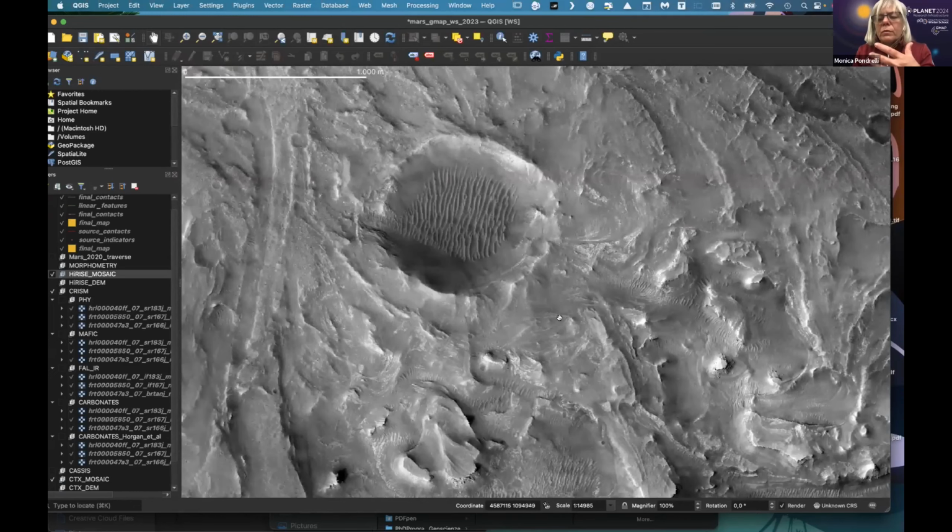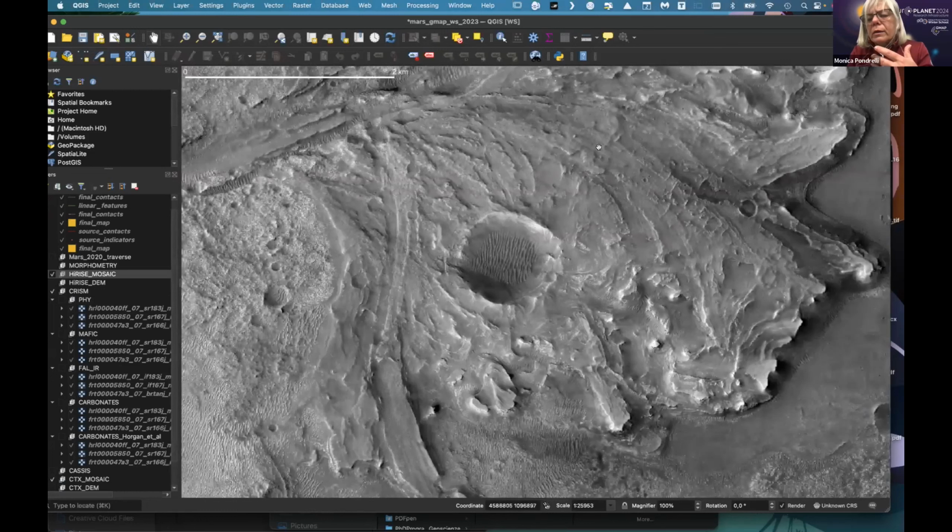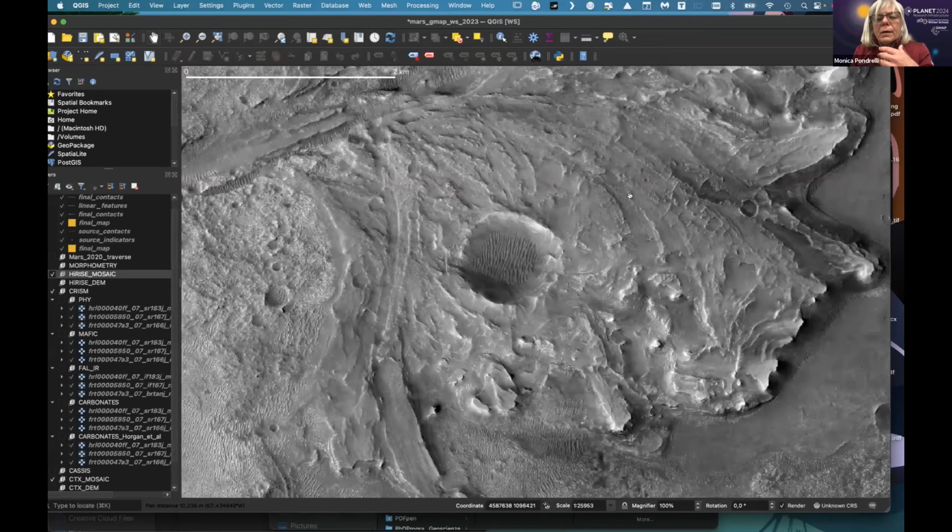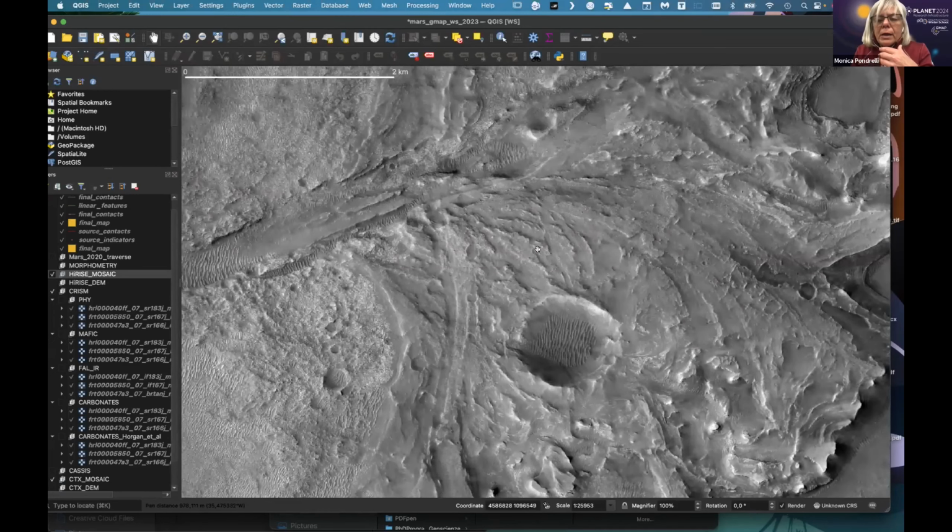These ridges represent exhumed channels. This one maybe is more clear. And all of this succession, so we have the point bar, these channels, all of this succession is cut by this valley,